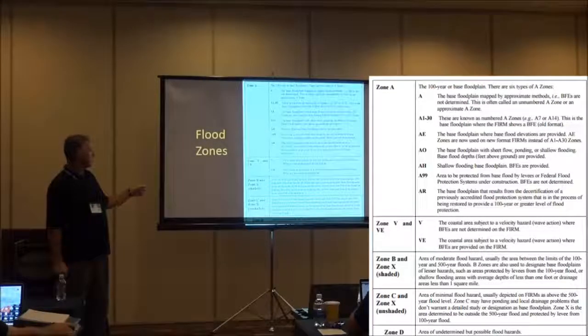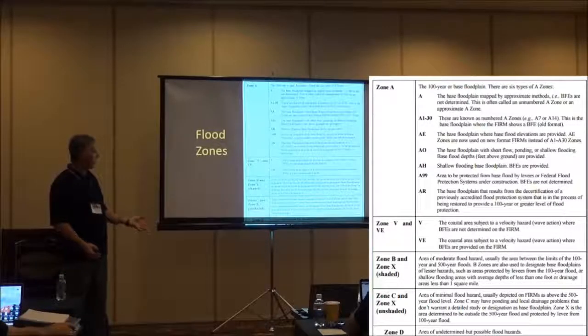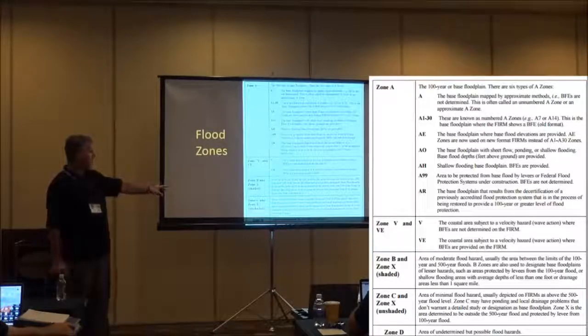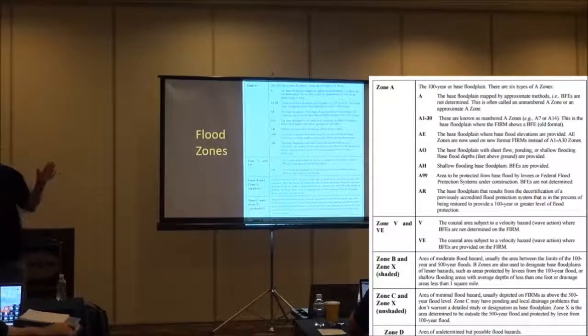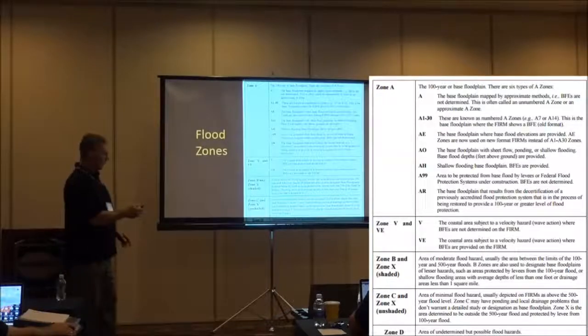So then our Zone C and Zone X, area of minimal flood hazard, usually depicted on FIRMs as above the 500-year flood level. Zone C may have ponding or local drainage problems that don't warrant a detailed study or designation as base floodplain. Zone X is the area determined to be outside the 500-year flood and protected by levee from the 100-year flood. And then finally, Zone D is the area of undetermined but possible flood hazards. So don't let anybody ever say, well, it's Zone D, it's not going to flood there. No, that's not true. They just haven't determined anything, but it still could flood there. So when we talk about this,